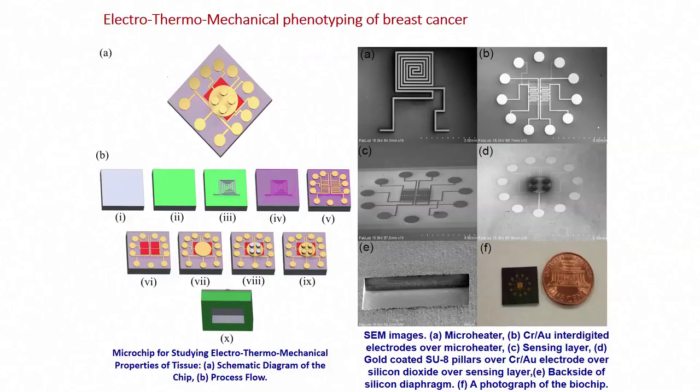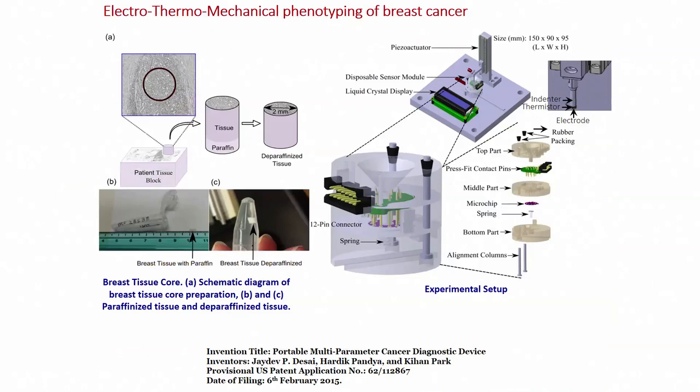Now we want to understand the process flow. If you remember the process flow, or you can just look at the screen, you will remember what a process flow is. We start with silicon and then move on to fabricating different structures. The first structure is our heater. This chip is loaded within this 3D printed device or tool. The chip, a microchip or biochip, is right over here, and it is a press fit contact.